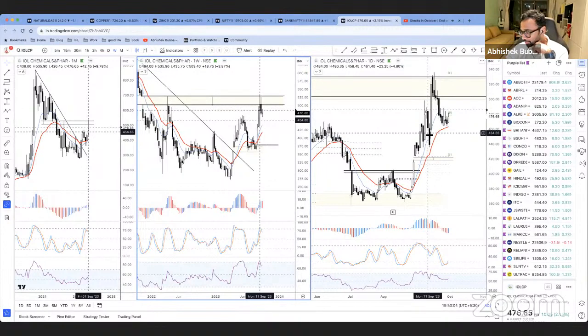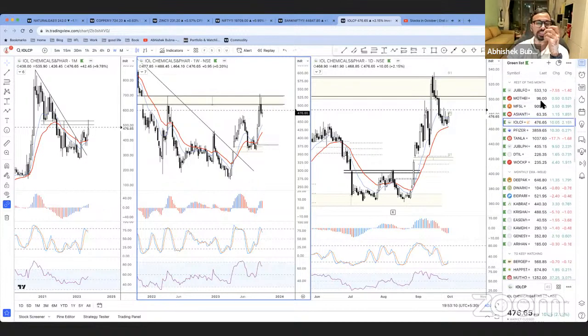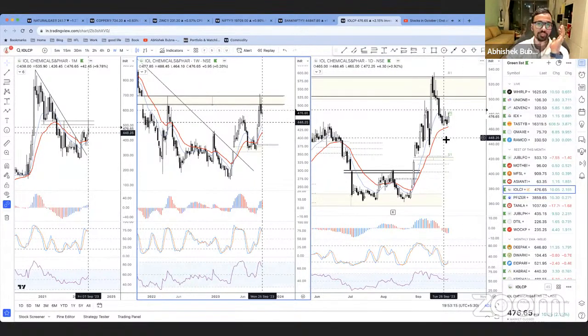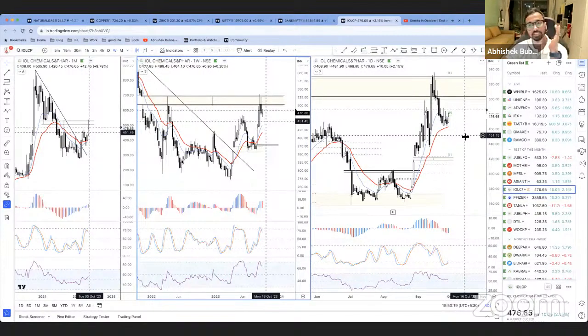Buying opportunity of 7 scripts, time horizon is October only. No. See, I've got about 67 stocks in my green list. अभी immediately ये stocks entry दे सकते हैं. हो सकता है 2 हफ्ते या 3 हफ्ते बाद ये entry दे सकते हैं. Time horizon is, where can it go?